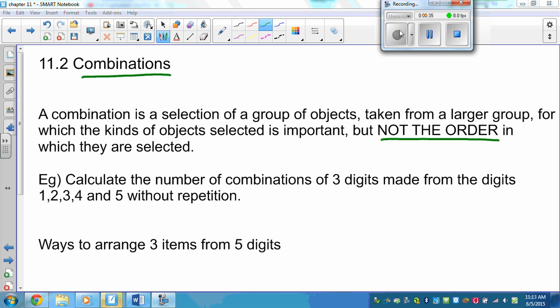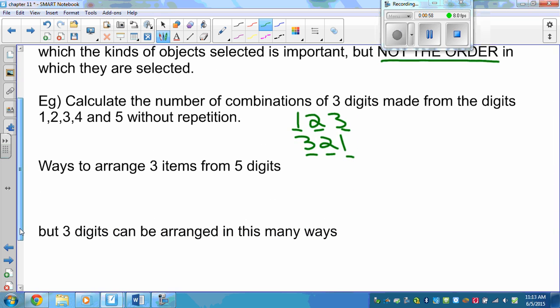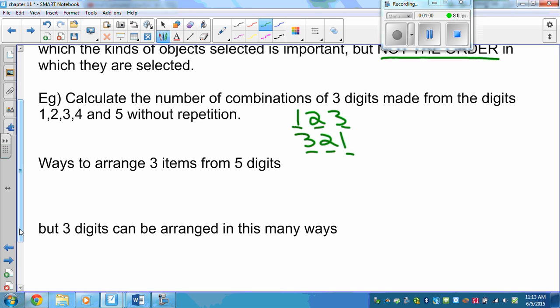The idea is 1, 2, 3 is going to be the same as 3, 2, 1. It's still arranging. Imagine if I had a five-sided dice, it wouldn't matter if the first dice was a 3, the second one was a 2, and the third one was a 1. That would be the same as if it was 1, 2, 3. That would still be the same roll. So first of all, we have to look at how many ways can we arrange 3 items from 5